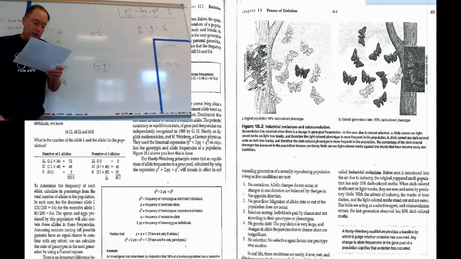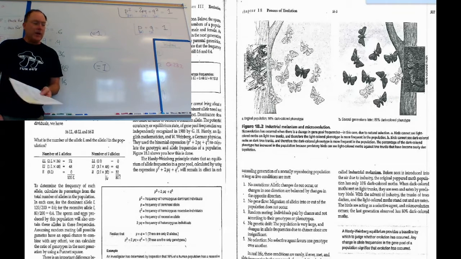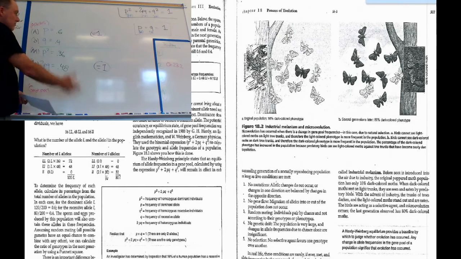Now I'm going to go back to the question. It says, using this information, we can complete all the genotype and allele frequencies for the population provided the conditions for Hardy-Weinberg equilibrium are met. We haven't really gotten to that last little phrase there, but we can do all the math here. We did it.